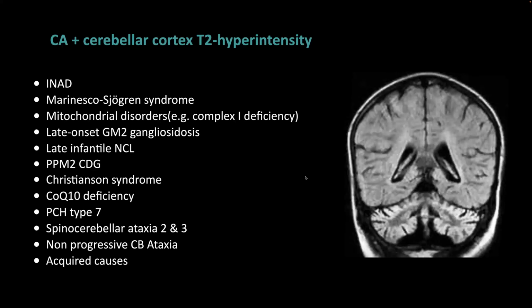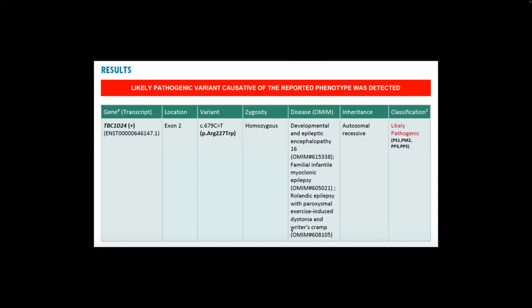So based on that, we looked at differentials again from papers from Eigen. Cerebellar cortex hyperintensities with cerebellar atrophy. These are a list of disorders. The list is growing as we move forward, but none of them were there in the final diagnosis. And this is what the final diagnosis was with that. The final,